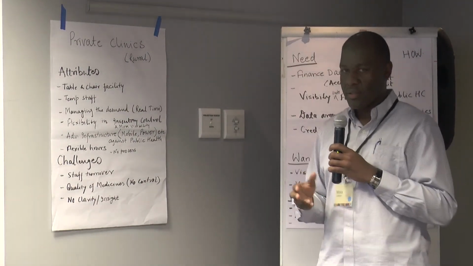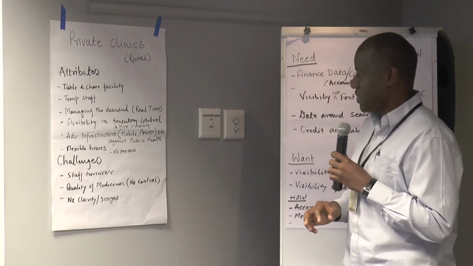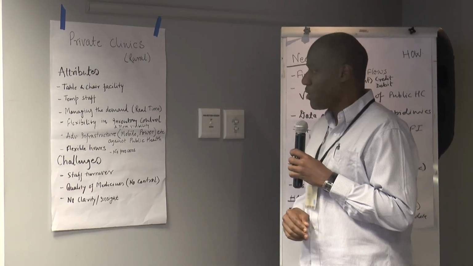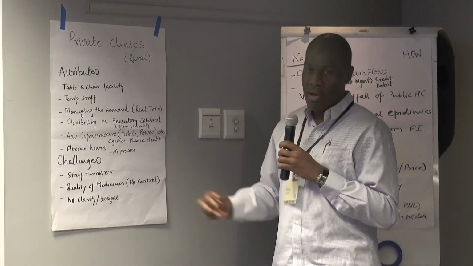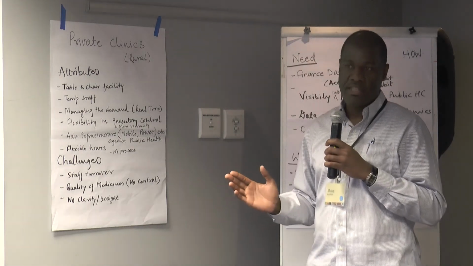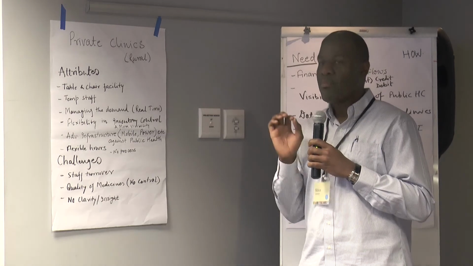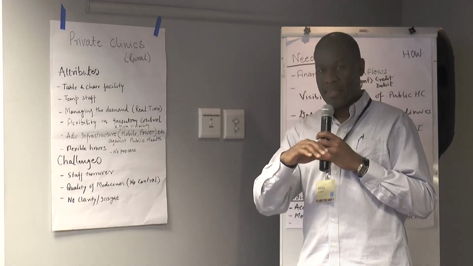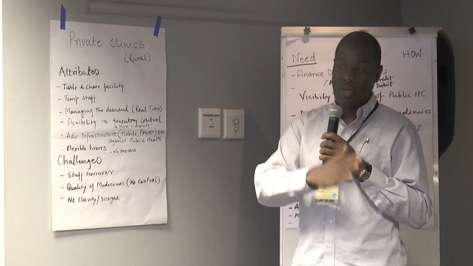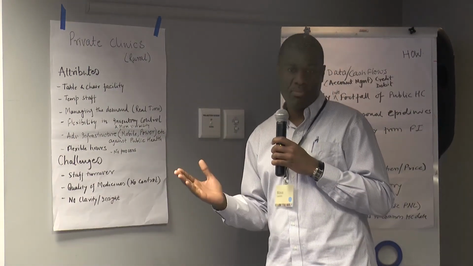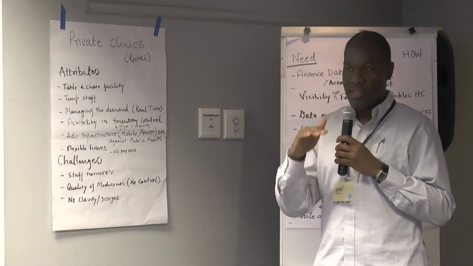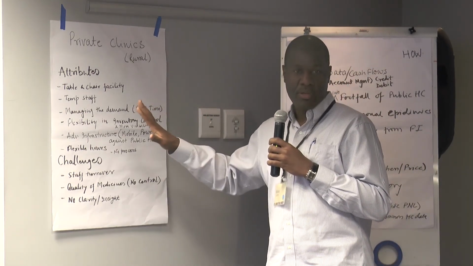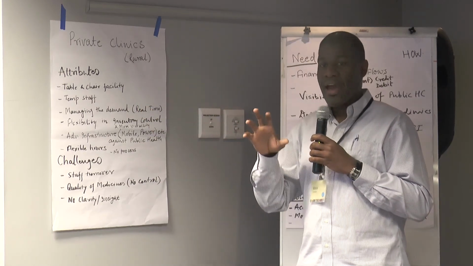So you might say, okay, we know this is the season for a certain disease, and so you might overstaff for that period. But it's hit or miss. The beauty about these guys is that they have tremendous flexibility as far as commodities and supply chain is concerned. In most cases, they are responding directly to shortages in the public facility. So KEMSA in Kenya supplies every 90 days on the low side, but in most cases, it could go up to 6 months before the supply. During that downtime when the drugs are low in the public facility, these are the guys who are making drugs